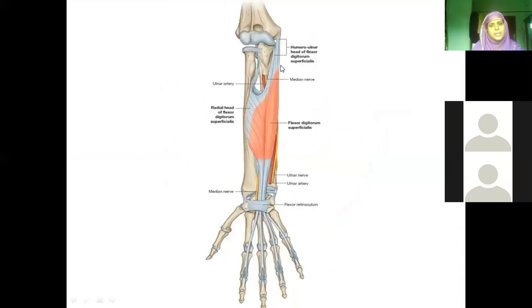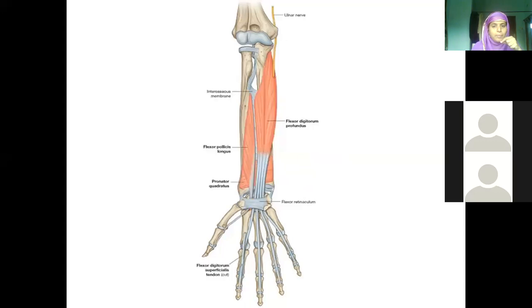Nicely you can see how this flexor digitorum superficialis is stretched between the humerus, the medial border of the coronoid process of the ulna, and the oblique line of the radius. Then it goes deep to the flexor retinaculum. Four tendons, they split into two and get inserted on the base of the middle phalanx. Nerve supply: median nerve. Action: flexion at the interphalangeal joint and metacarpophalangeal joint, the knuckles.